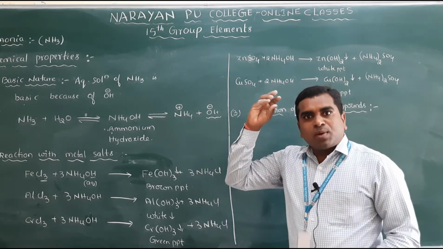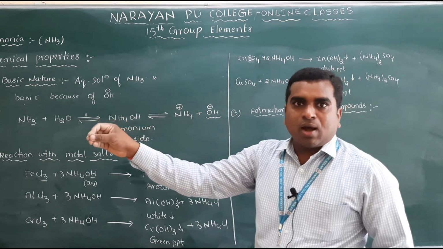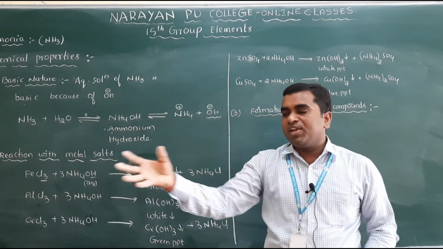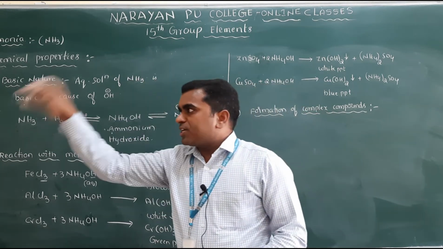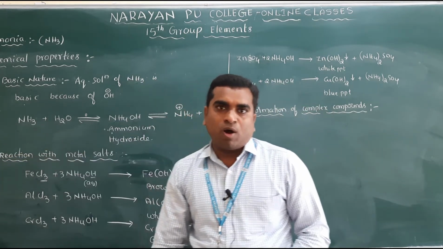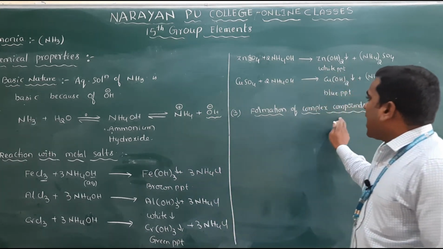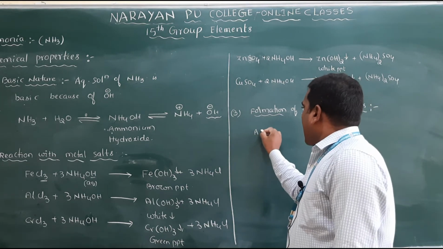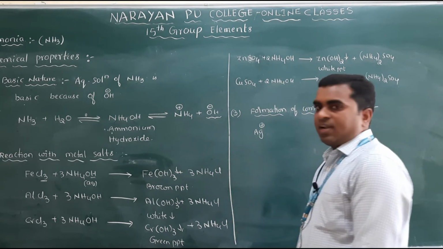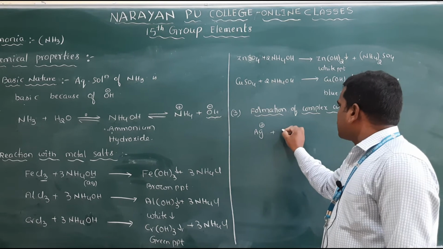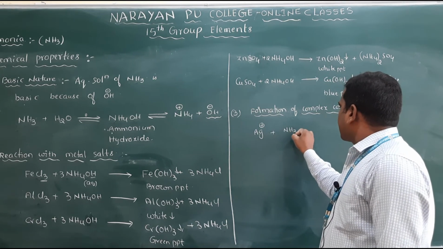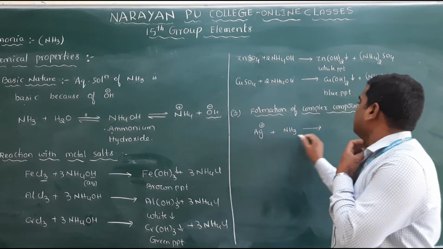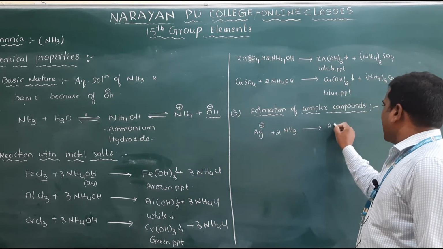Clear? It can donate a pair of electrons to electron deficient compounds or ions having an empty d orbital. If anyone has an empty d orbital, it donates the pair of electrons and makes a coordinate bond. Clear? And by doing that it forms complex compounds. So a simple example, I will take Ag plus metal and treat this one with ammonia gas. Clear? Then take 2 moles here, then you will get